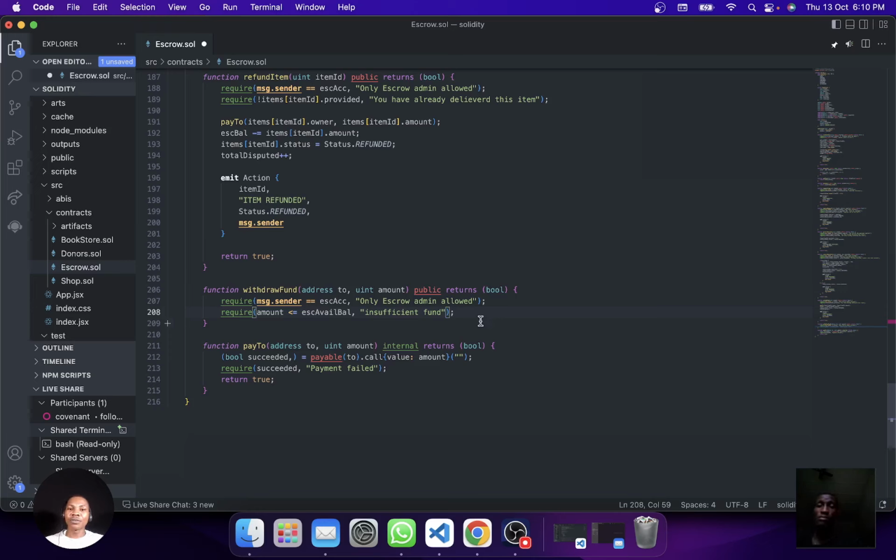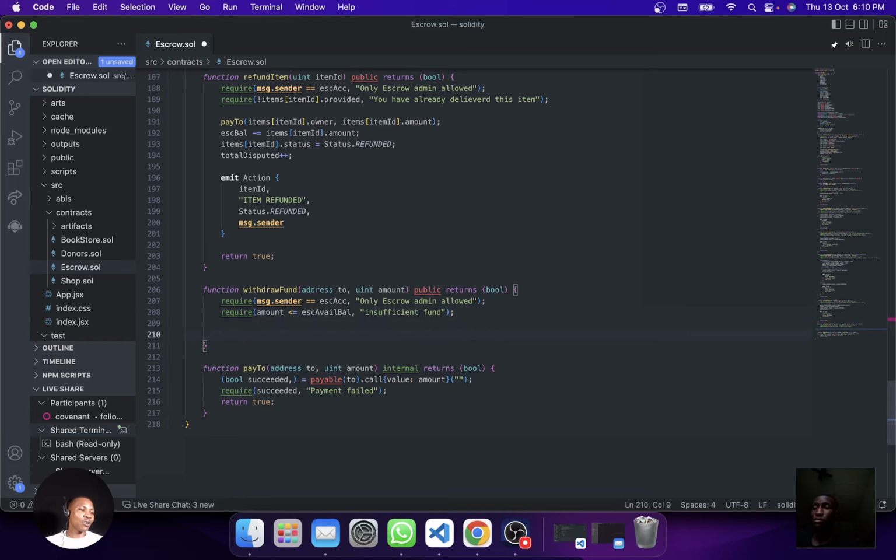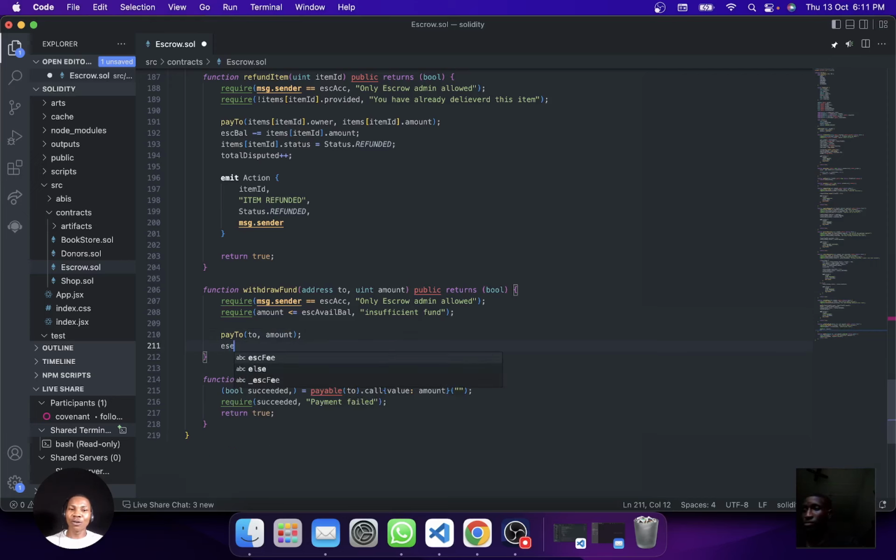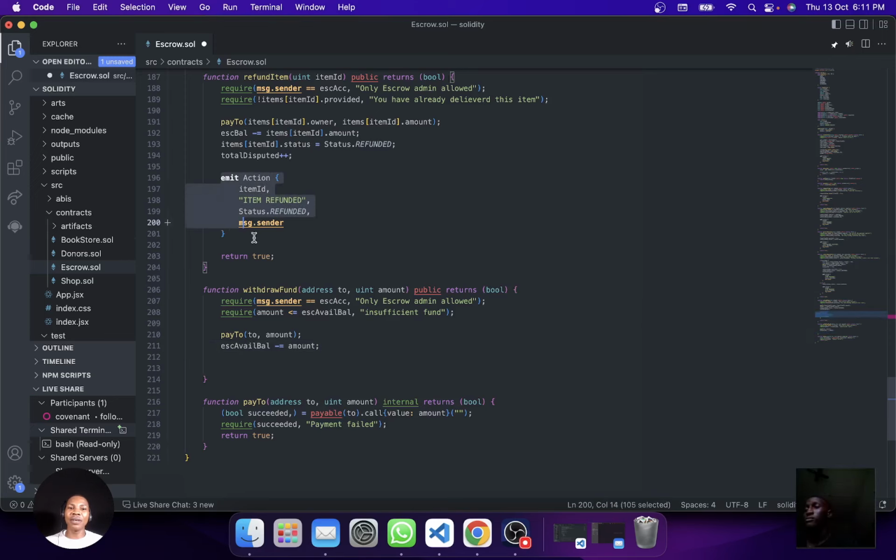All right, so with that stated, the next thing you want to do now is to pay to. You understand? You are making payments now. Send it to that particular address, which is the 'to', and then also send the amount that was specified, and then also make sure you recalibrate the available balance to reflect the real value now. So we say amount has been removed from the available balance, and then lastly we emit our event and say